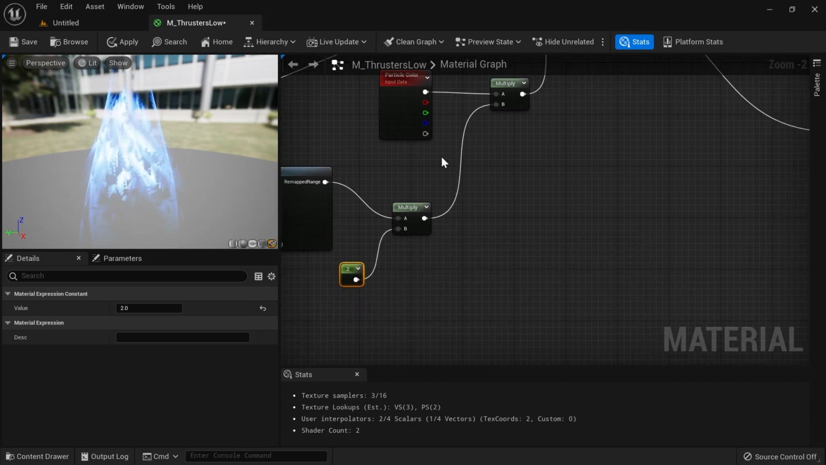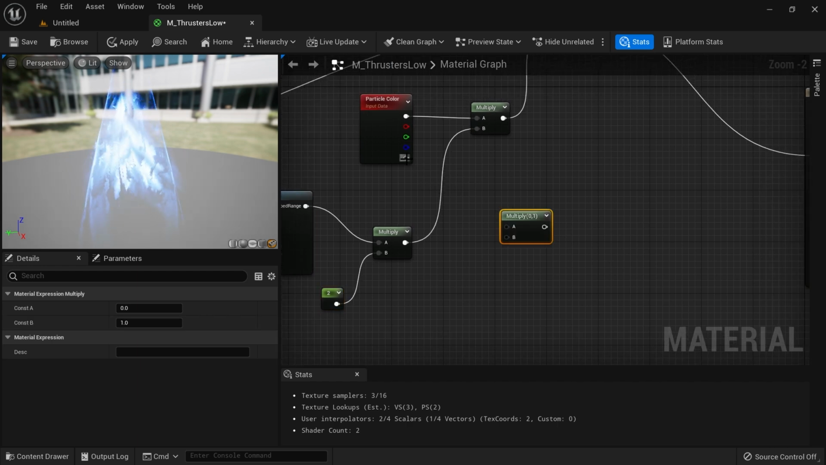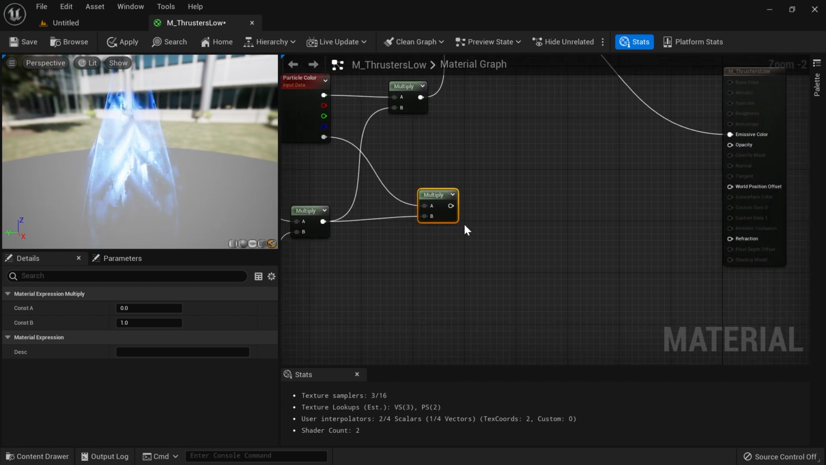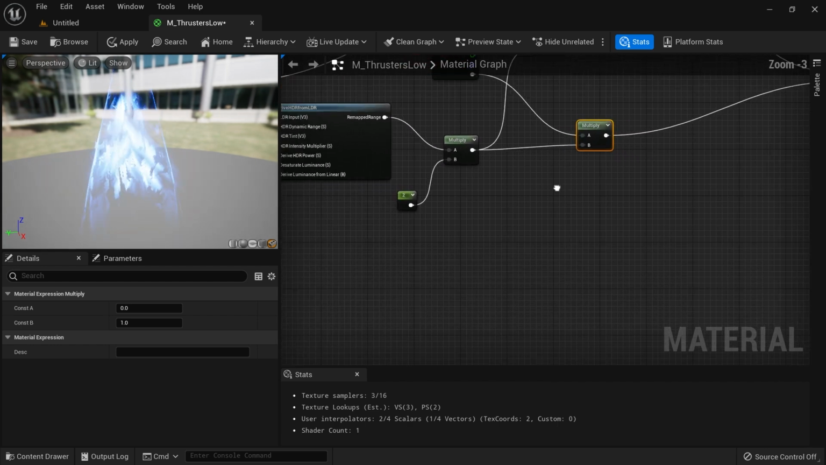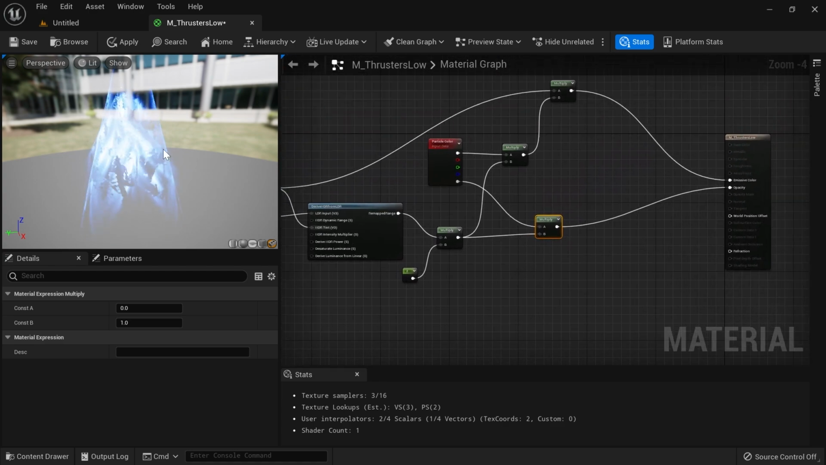Okay. So now we should probably do this. Yeah, so just multiply again. We got the opacity here. I'm gonna multiply it with this. And this, we should just put it to the opacity. But there is one thing. So my main issue is that